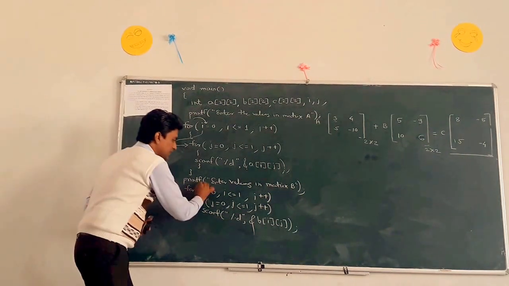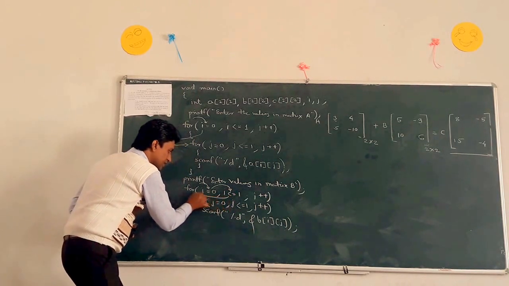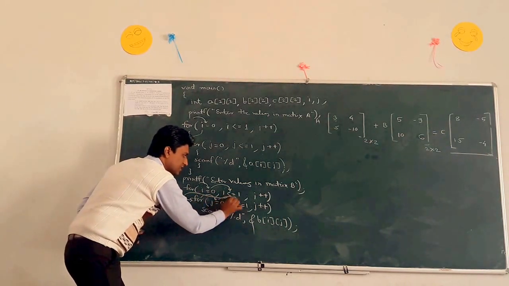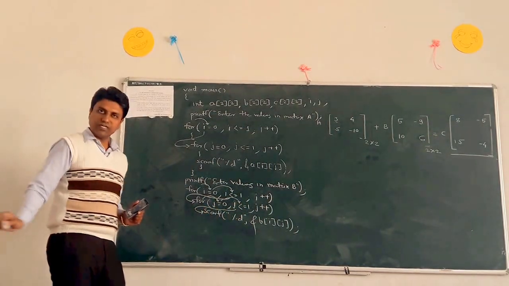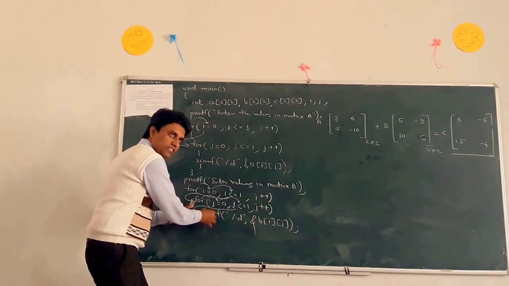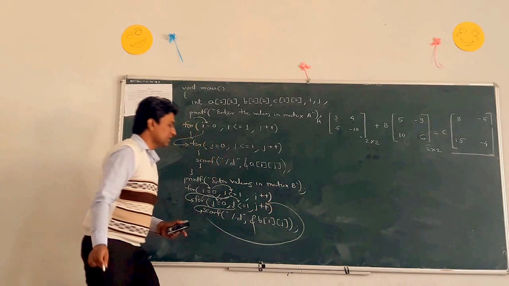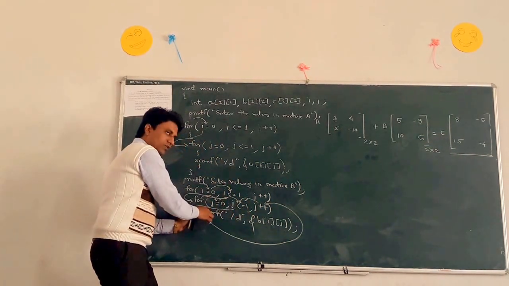In a similar way, first i gets initialization, then condition check. After condition checking, the inner for loop is executed. First j is initialization, then condition check. After that, the body of the for loop gets executed. After completion of this statement, automatically the cursor goes to j plus plus. Then condition check. If the condition is true, then entry to the inner for loop.